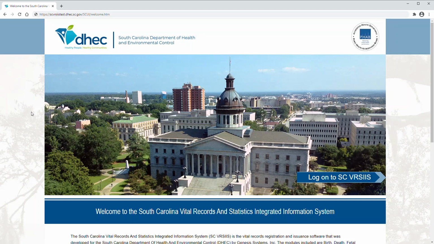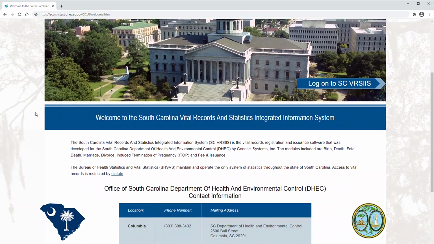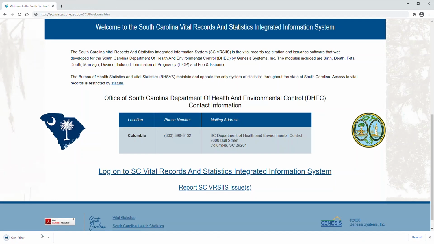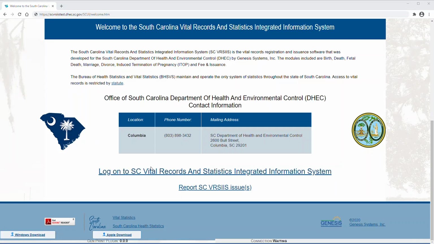Additionally, there is a plugin that should be installed the first time the system is accessed called GenPrint that will ensure that the local printer interfaces properly with the system. It is located at the bottom of the page and will show an option for Windows or Apple computers. Select the appropriate option for your computer and it will download a file to install. Follow the prompts to properly install the GenPrint plugin. After the plugin is installed, you will not be required to do this step again.